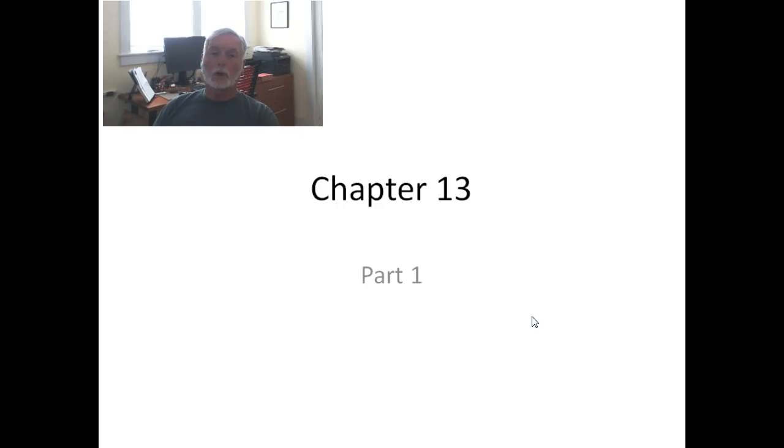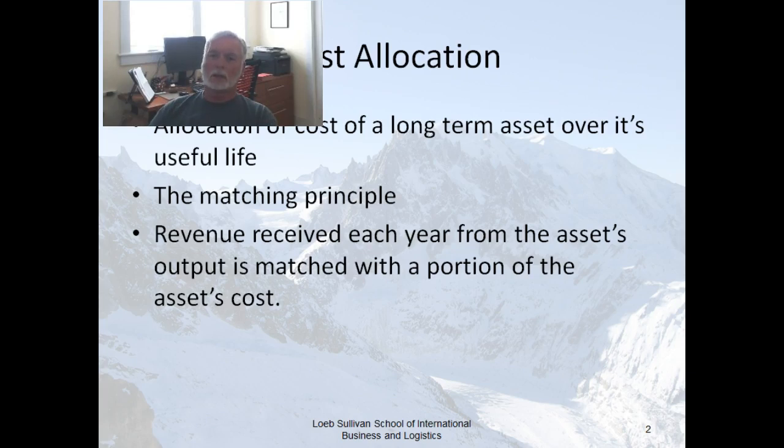In this chapter, we're going to be talking about what's called cost allocation. We have to allocate the cost of anything that has a life of longer than 1 year because we're going to spread that cost over the useful life of the asset. So cost allocation